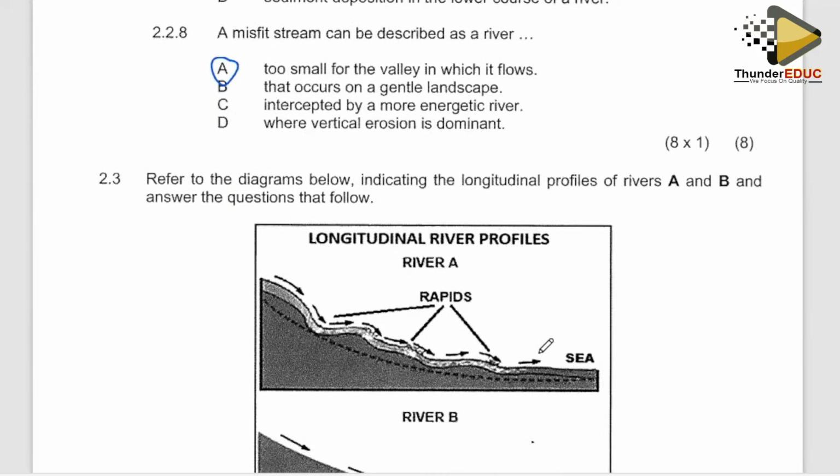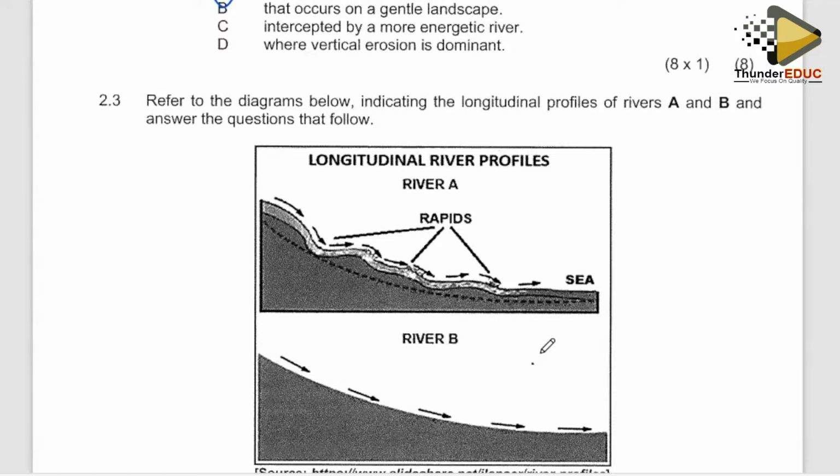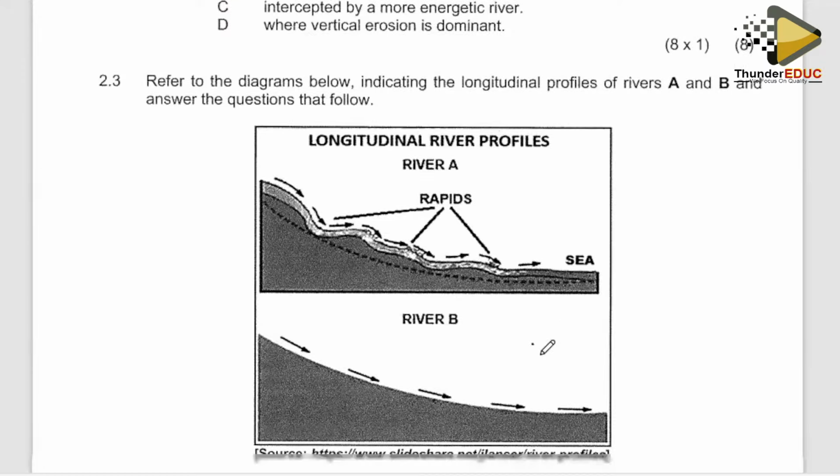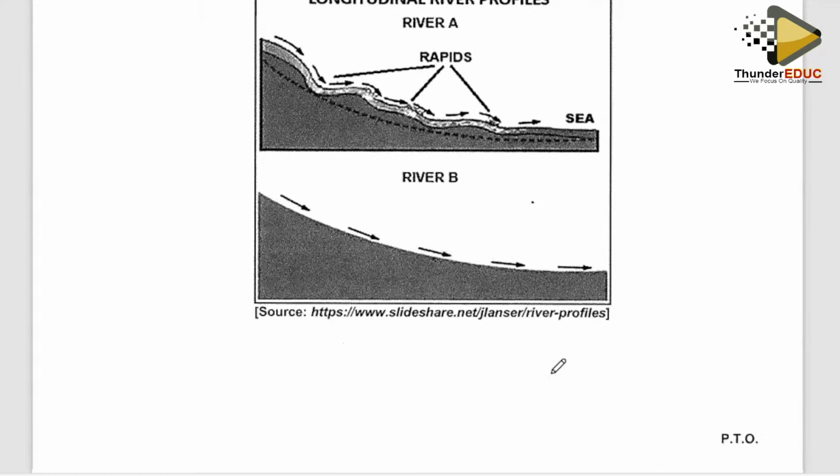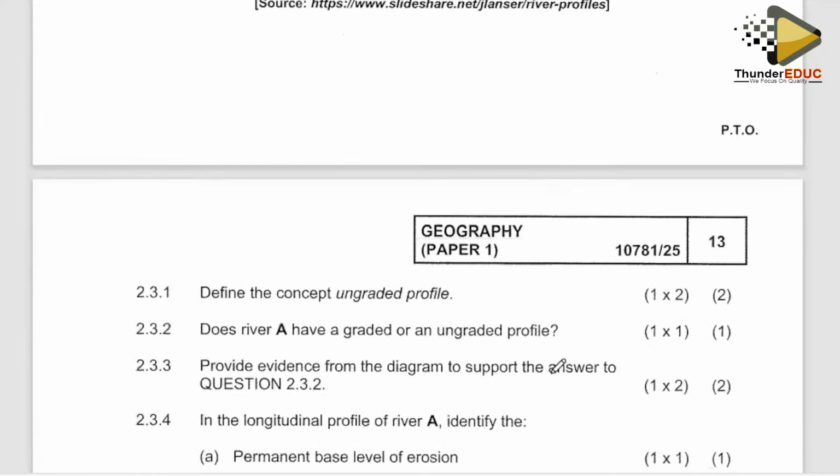Right. We move on to longitudinal river profiles. We have river A with rapids and river B with a smooth concave shape. That is an ungraded profile on A, and in B it's a graded river profile. Right. Let's tackle the questions. Define the concept ungraded